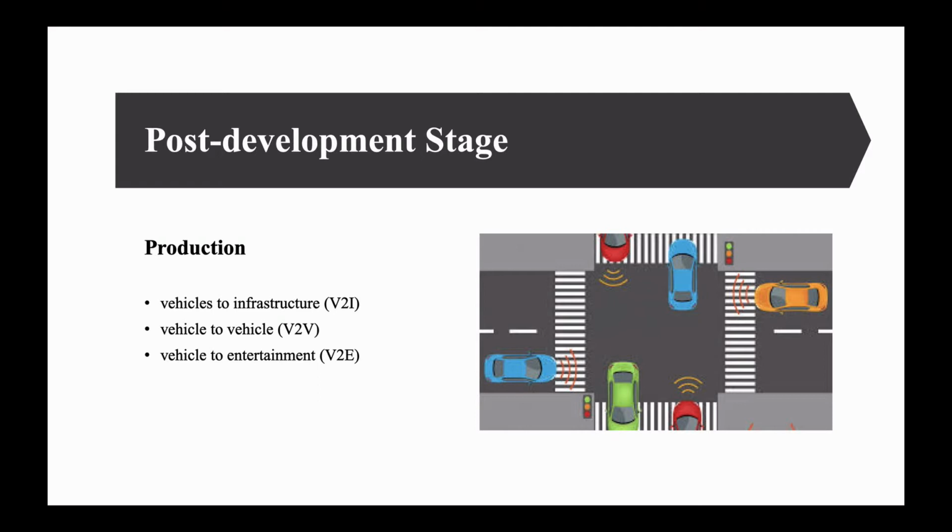In order to further improve the safety of unmanned driving, the communication between vehicles and the infrastructure must be realized. Also, information sharing between vehicles should be realized. Finally, the ultimate goal of V2E should be realized. In order to realize V2I and V2V, it is necessary to enhance the information sharing ability between platforms. The ultimate goal of the Internet of Vehicles is to achieve V2E, turning vehicles into mobile processing platforms, like mobile phones, entertainment, and work platforms for users.